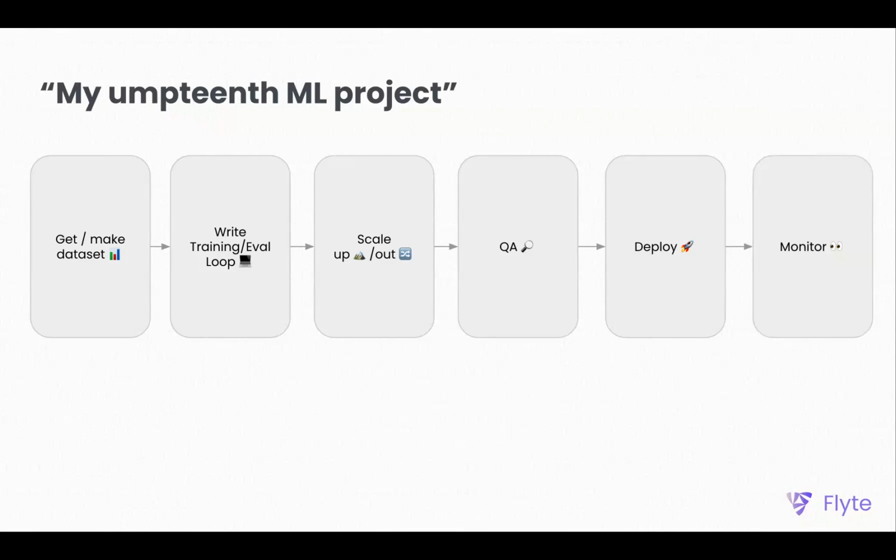Then finally, you want to monitor your model. I'll get into this later, but it's pretty much guaranteed that your model is going to degrade over time. In production, the state of the world changes. Pre-pandemic, people were buying certain things. As the pandemic hit, consumer behavior changed, and all recommendation systems are now bad and need to be retrained.